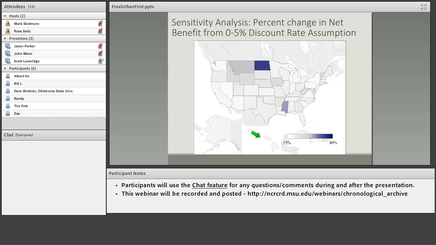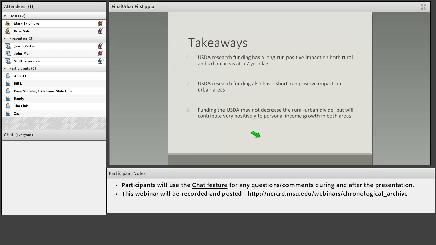We did do a sensitivity analysis to see how the discount rate affected that, and in most states the discount rate that you choose doesn't have really too strong of an impact on it. It might go up a little bit, which is the lighter colored ones, or it might go up a lot if it's a darker colored one. But basically the story doesn't change too much with a different discount rate built into the present value criterion.